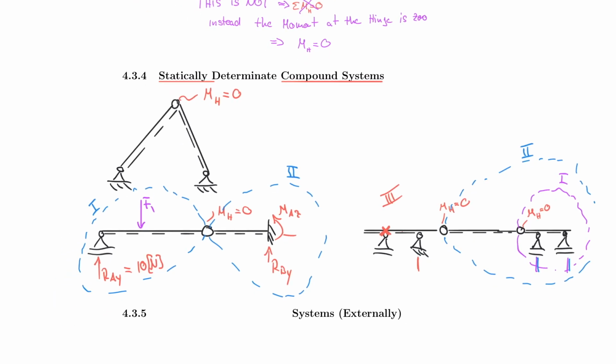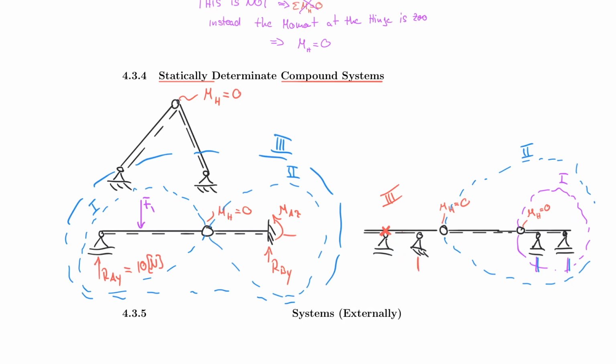So that would look something like this. So I have a third system, and that also needs to be in equilibrium. So if I would have solved this type of structure, I would have first solved subsystem 1 and then system 3, if you will. And I kind of did the same thing over here,